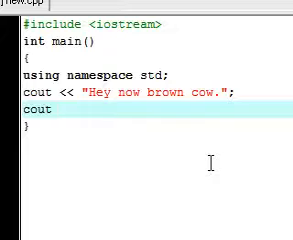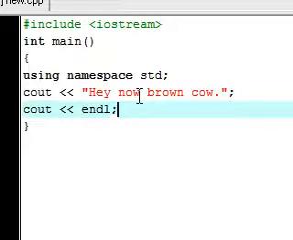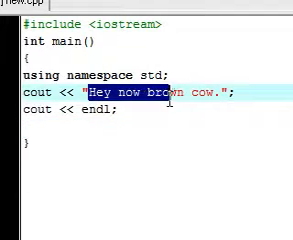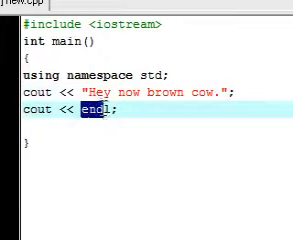The next thing I want to do is show you guys how to make a new line. To do that, type cout, output on the screen, and type endl. That's L as in line, not a 1. Then put your semicolon. So now we have "Hey now, brown cow" in our program, and on our new line,